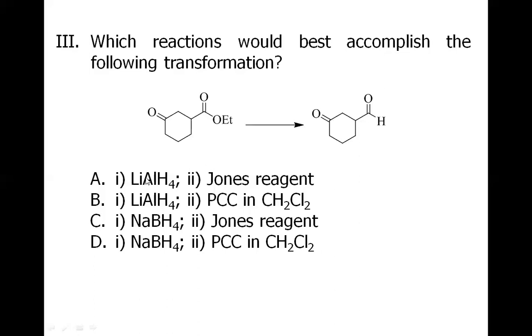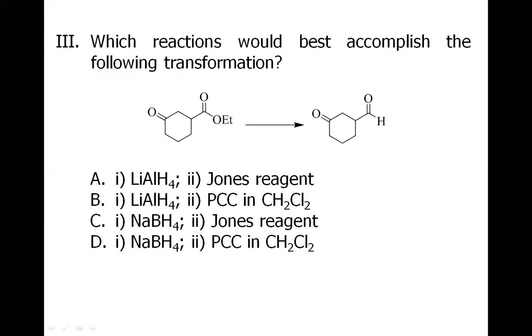So option A and option B and option C and option D, all four options have 2 steps. The first step is the reduction. In the option A and B, we have used the lithium aluminum hydride. In option C and D, we have used the sodium borohydride. So you must recall that the ester is not reduced by the sodium borohydride. Sodium borohydride is a mild reducing agent that selectively reduces the aldehyde or ketone. So this ester cannot be reduced, hence we cannot have the option C and D because there is a change in ester in the reactant to have the aldehyde. So option C and D cannot be the answer.